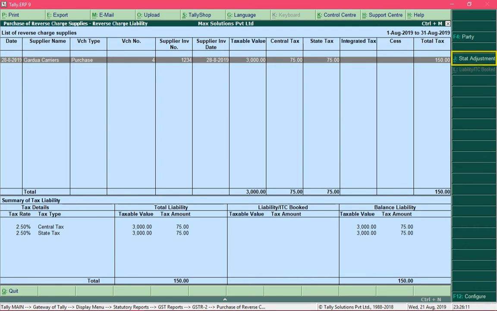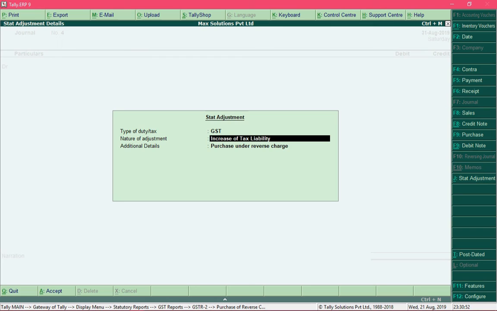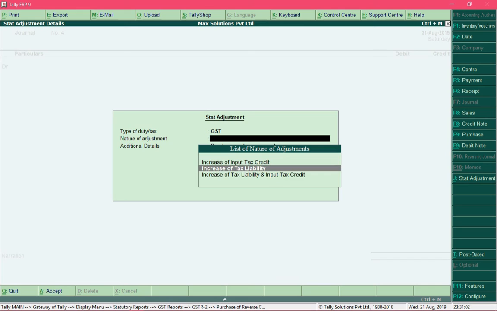and in order to record that entry, click on the button over here, Stat Adjustment, or press Alt J, and you would be prompted to provide a few details. Now in order to increase tax liability, you need to specify the nature of adjustment as increase of tax liability, which was selected by default. I just pressed the spacebar key to toggle the list so you can see the other options.